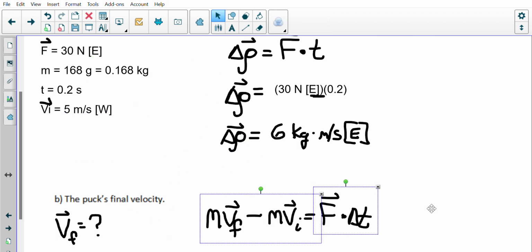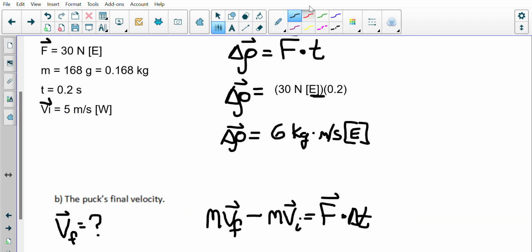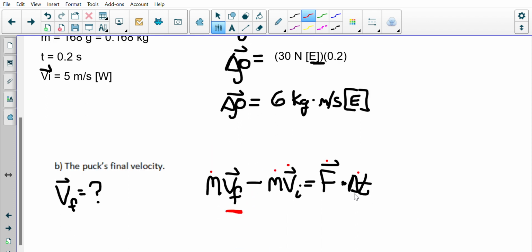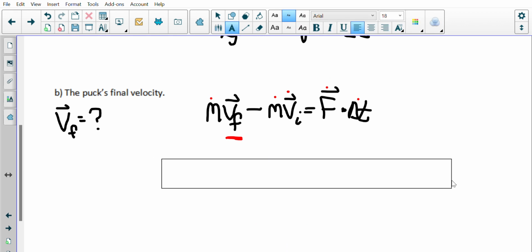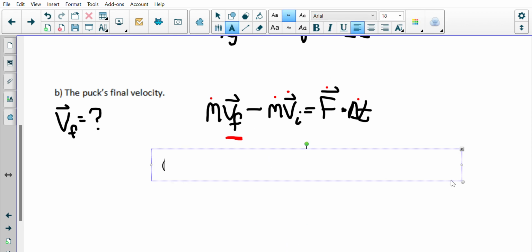Let me check to make sure I have everything. We have the initial velocity, we've got the mass of the puck, we know the force, and we know the change in time. So we've got everything but what we're looking for, and that is our final velocity. Now I'm going to substitute in my values. Our mass